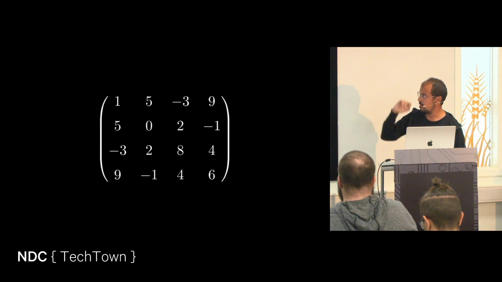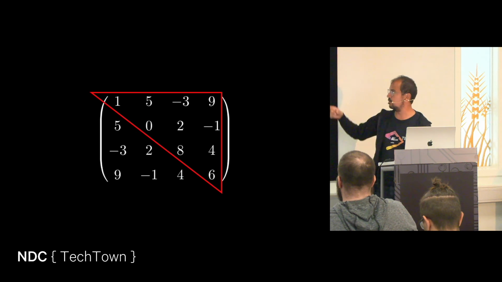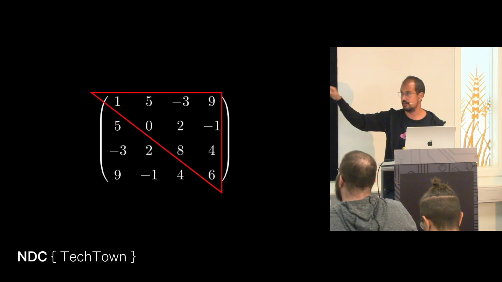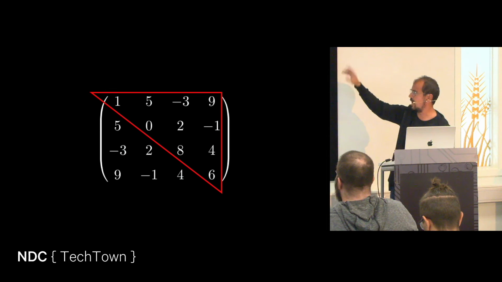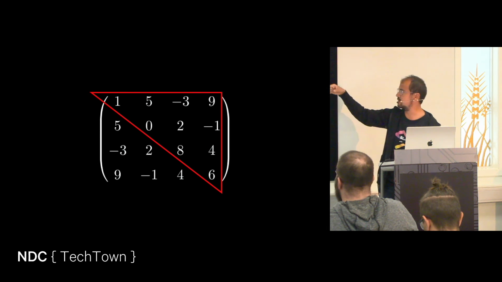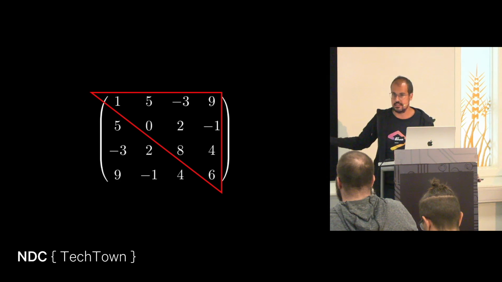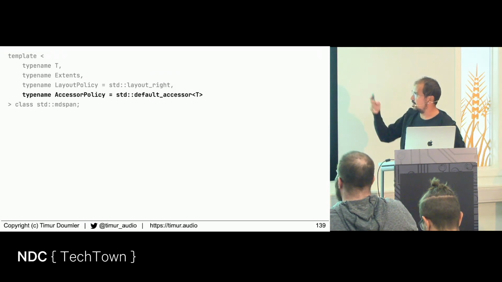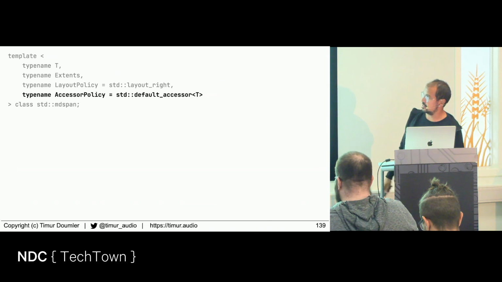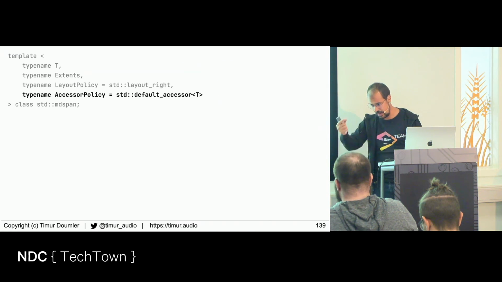For example, you have a matrix, you know it's symmetric, so you know that the upper half and the lower half are the same. So you don't have to store the lower half. And whenever you index into the lower half, it's just going to redirect you to the upper half. So you save almost half the memory, right? So you just implement that as a layout, plug that in, everything works. It's beautiful. And finally, the last template argument is an accessor policy, which is